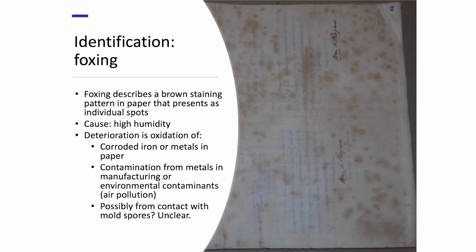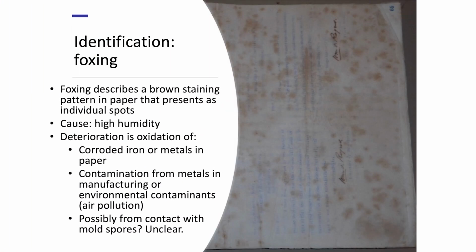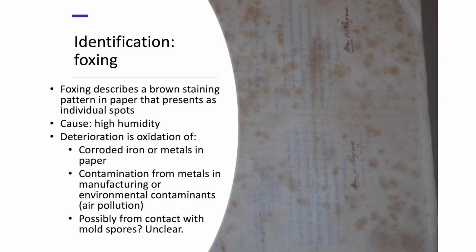Foxing is a different kind of staining that we see frequently in archival collections. It is not considered a preservation concern, and it is very difficult for preservationists to remove, so it's usually left alone. There are many theories about what causes it, but a prevalent theory is that it's the oxidization of impurities